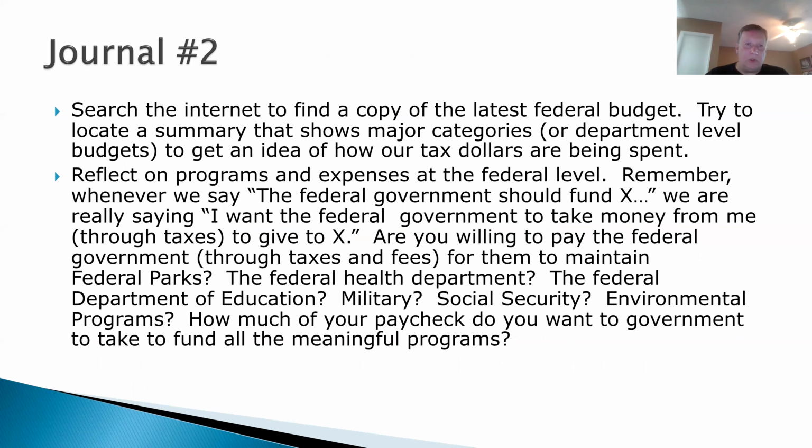Then this week you also have a journal assignment. For this journal assignment, you'll search the internet, find a copy of the latest federal budget. Try to locate a summary that shows major categories of department level budgets to get an idea of how tax dollars are being spent. Reflect on programs and expenses at the federal level, and we oftentimes call them expenditures at the federal level because of the type of accounting system we use, but we'll get into that in a future